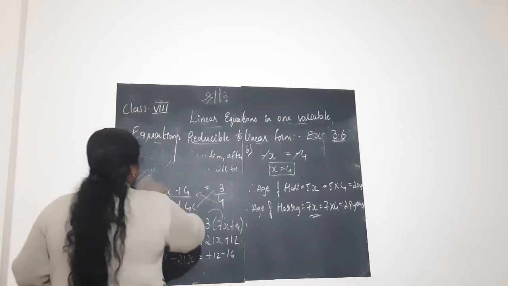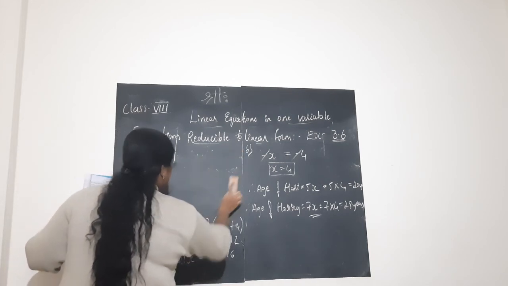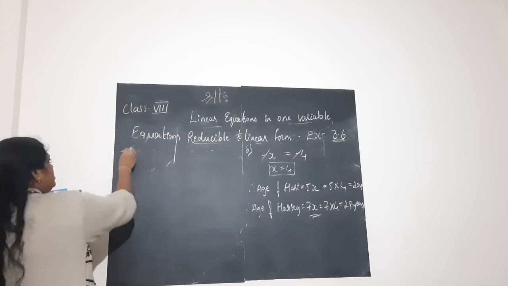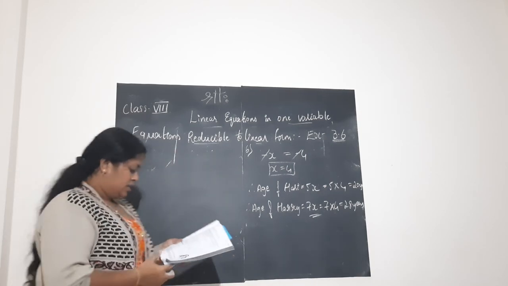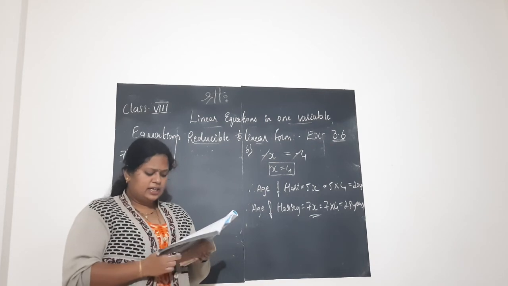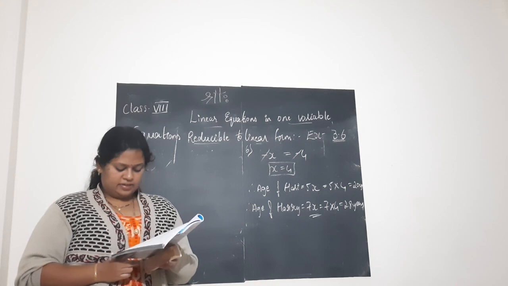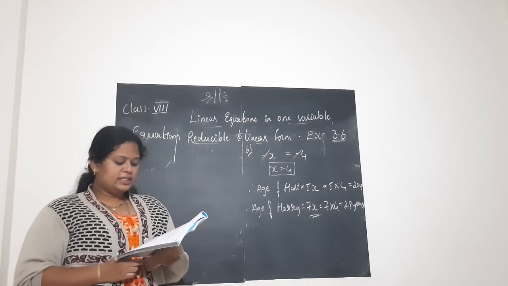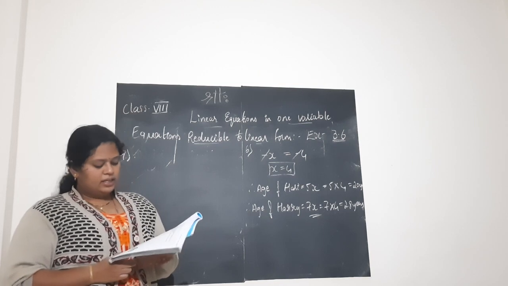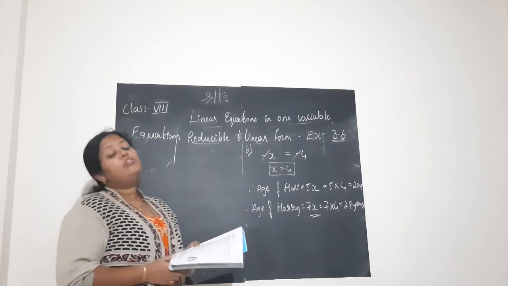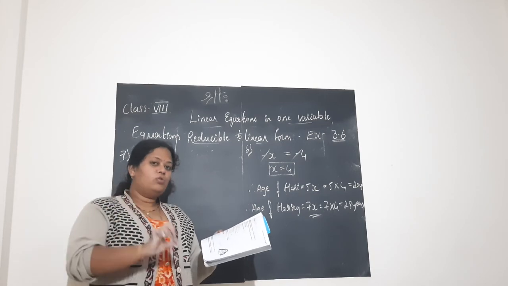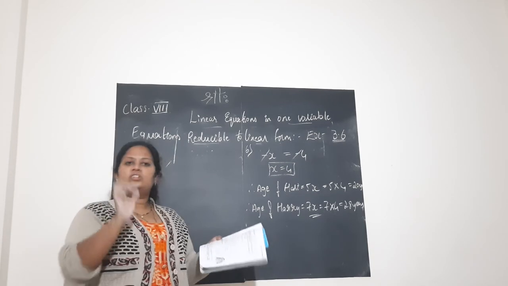Next we shall go to the last problem, children. That is question number 7. It is again the statement kind of problem. So, the denominator of a rational number is greater than its numerator by 8. If the numerator is increased by 17 and the denominator is decreased by 1, the number obtained is 3 by 2. Find the rational number. The question is a bit tricky. But if you go sentence by sentence and write it here, children, it is very easy.